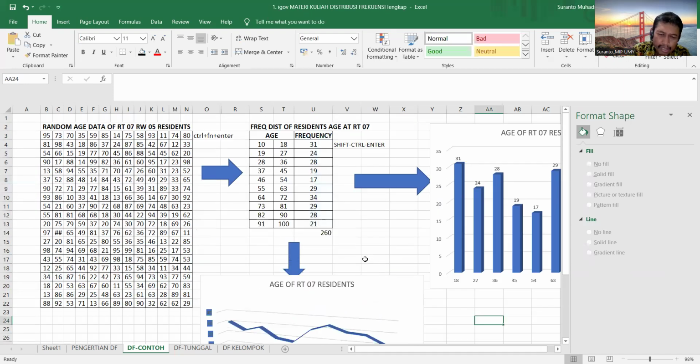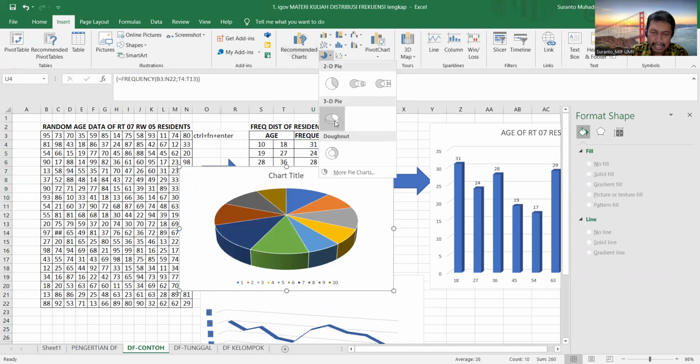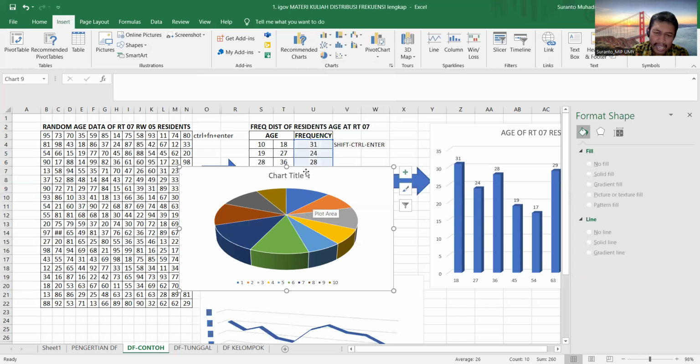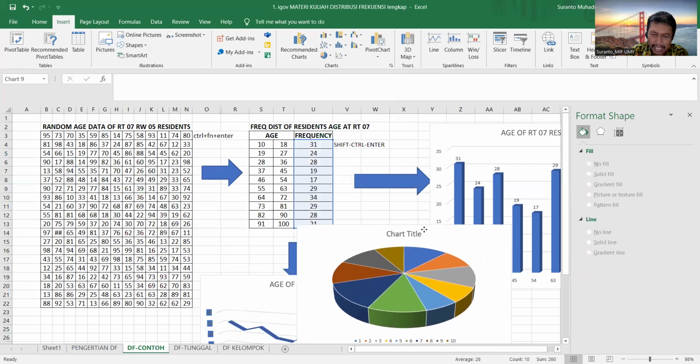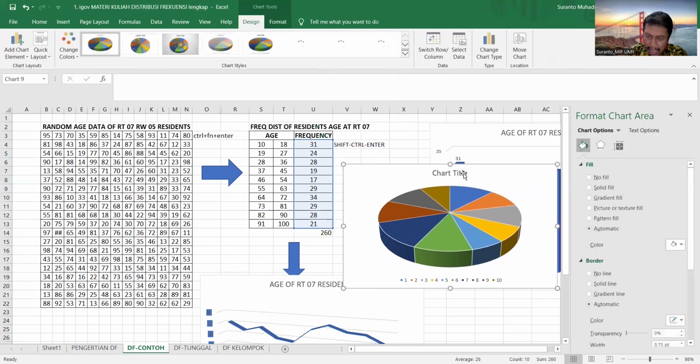Meanwhile, if you want to make the circle type of display, the same steps will be used. Just highlight the data and then Insert, and choose the circle type of presentation. Just click this. So we have done the circle type of data display.